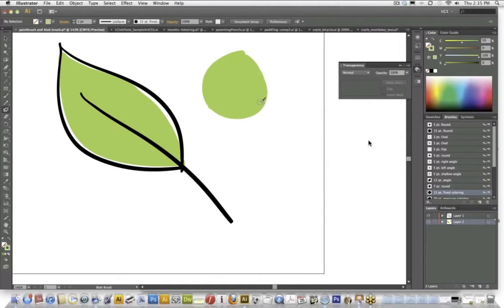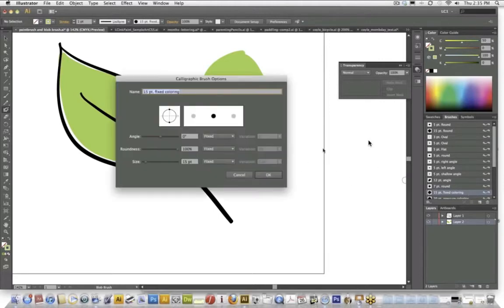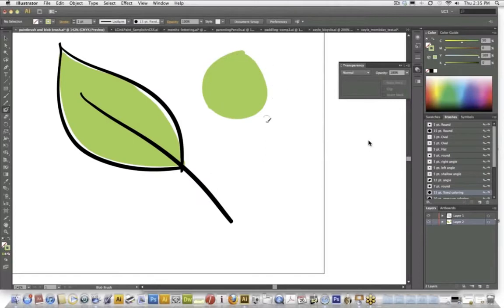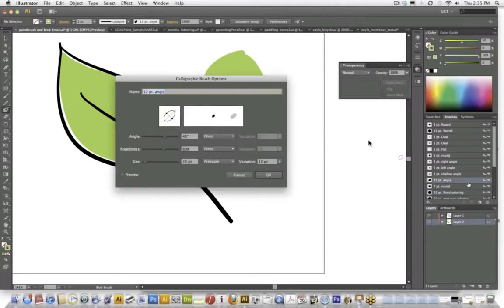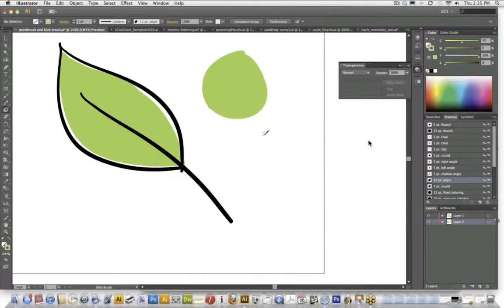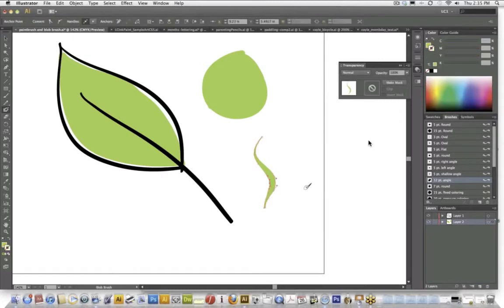And in this case, I made this brush to be fixed, so it's not using pressure sensitivity, because I really did want to be able to make these really simple shapes with this brush. But here's a brush with pressure sensitivity, so I can go heavy to light, and this is a shape. It's really cool to be able to do this because, if you know how to edit things in Illustrator, you can see that this could be useful, depending on the art that you're working in. So anyway,